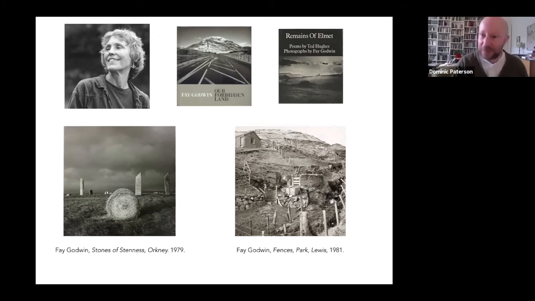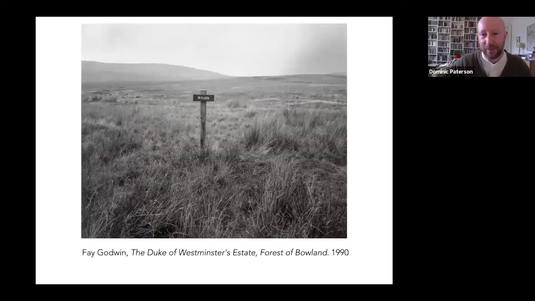She also shows these old sites like the Stones of Stenness in their current agricultural uses, again picking up on some of the histories that Old Ways, New Roads represents. And this is a really key image for the exhibition. For me, it's not taken in Scotland. Not all the works in the show are made in Scotland necessarily,